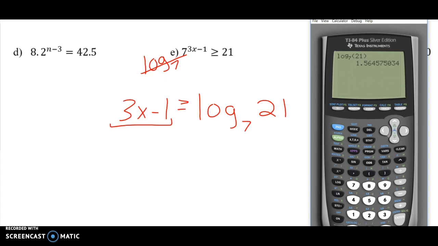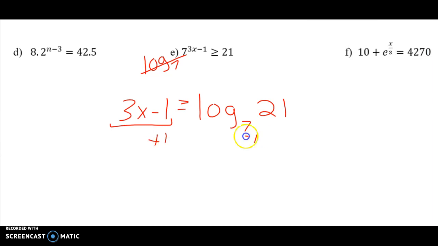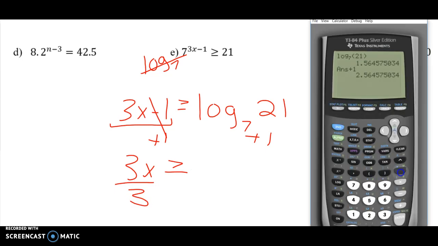Now, what did you say we'd have to do next? Add 1. So keep this on your screen and just hit plus 1, and then hit enter again. It'll take the answer you just got, plus 1. Once the 1 is canceled out, what do I now need to do to get x by itself? Divide by 3. As long as you keep it in your calculator, just hit divided by 3. It'll take the previous answer and divide it by 3. And that gives you